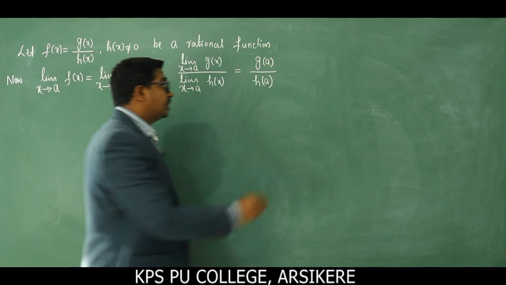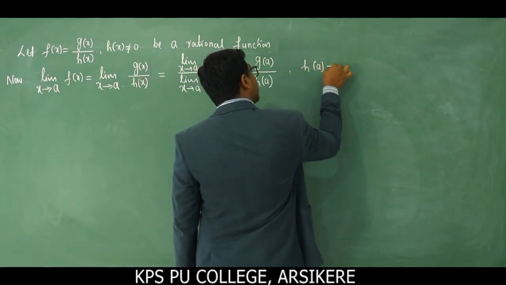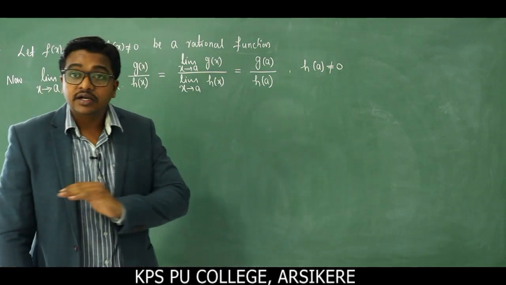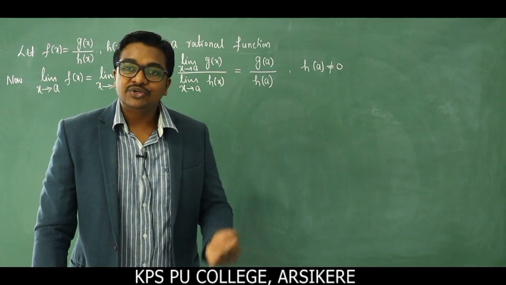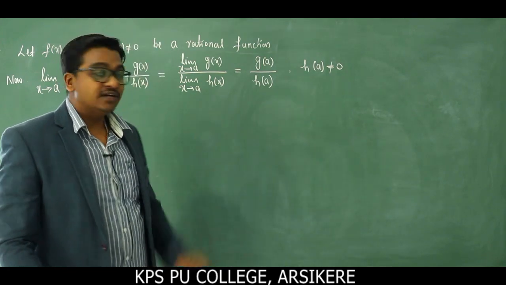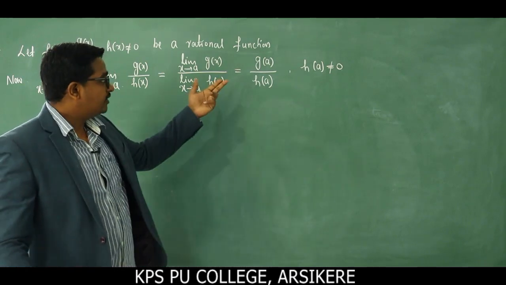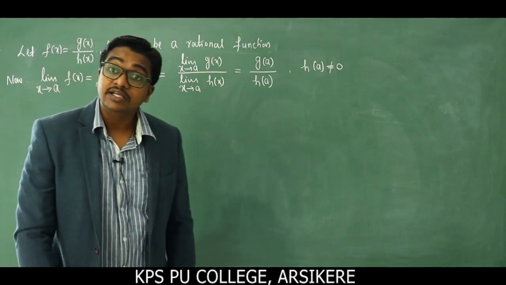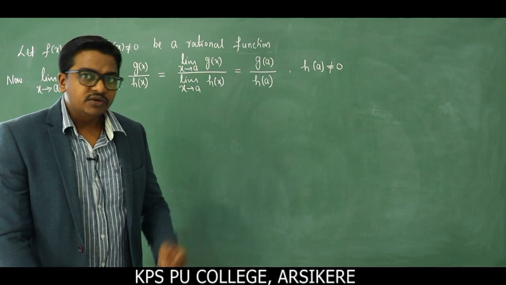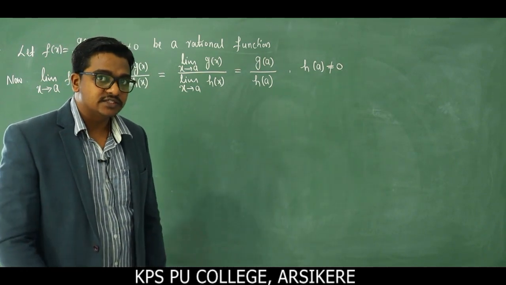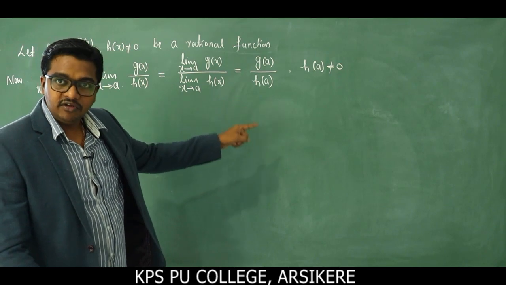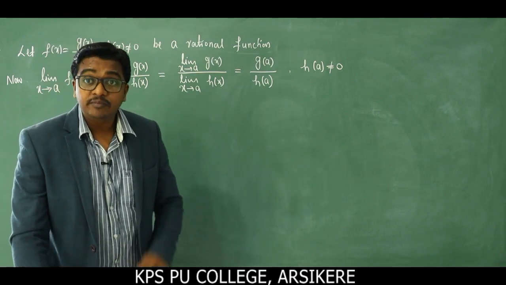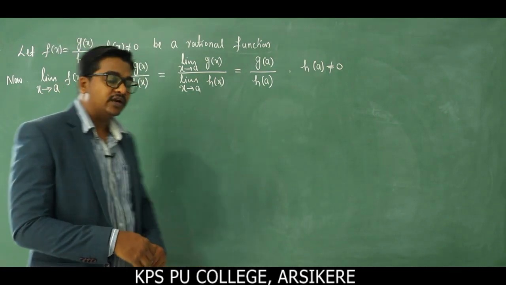But the condition here is that h of a is not equal to 0 when you replace x by a in the denominator function h of x, which can never be equal to 0. Whenever that becomes 0, the limit does not exist this way. So we take g of a divided by h of a, provided the condition h of a is not equal to 0. Whenever that is equal to 0, we have different cases, but this is the method of evaluation when the denominator is not equal to 0. When the denominator h of a becomes 0, we have different cases. We discuss them one by one here.